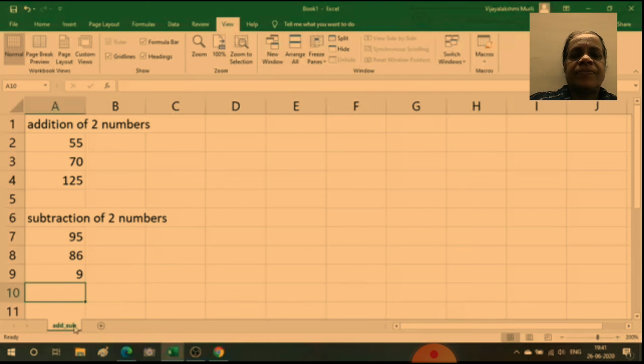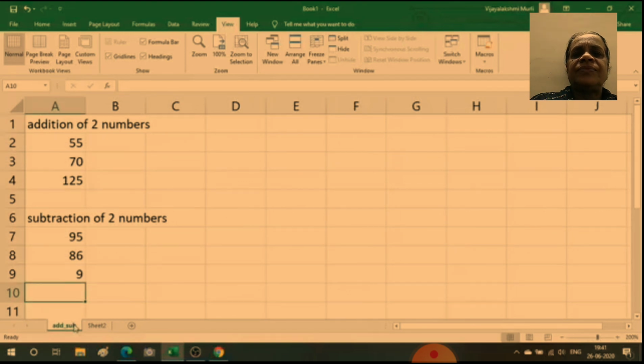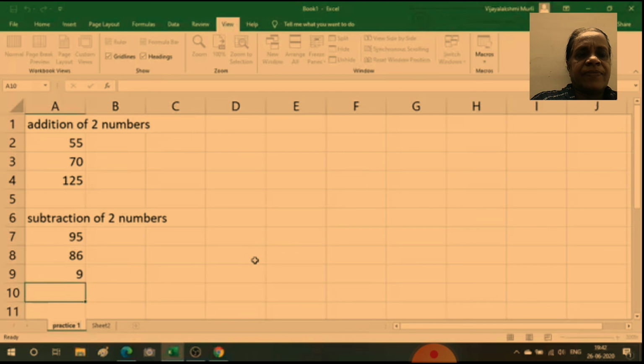Now you see when I just click over here, every sheet by default will be shown as sheet 1, sheet 2. Now already I have renamed this. For renaming a sheet, you have to right click. I have right clicked at the sheet 1. So the pop-up menu will appear. Take your cursor to rename and type the name of the new sheet. Just I can make it as practice 1. That's it. So hope you all understood. Please practice few more calculations of addition and subtraction. We'll continue in the next class.